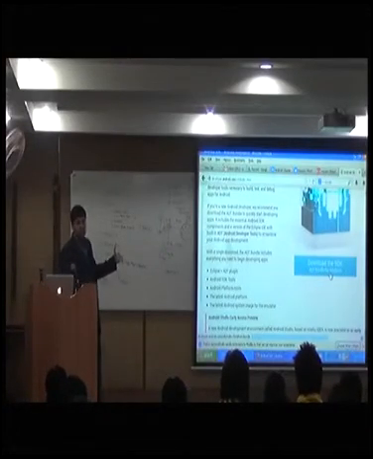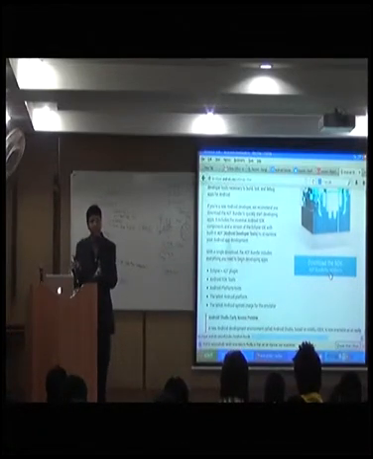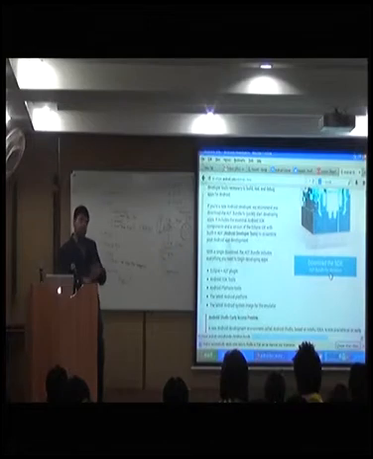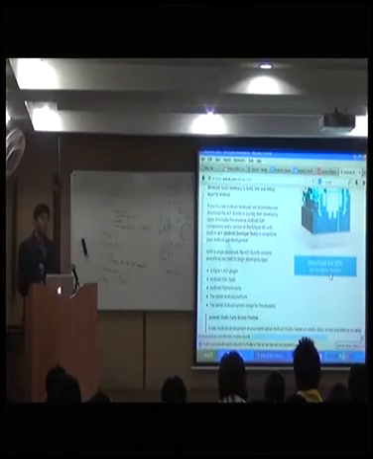I wrote in Notepad. It was very cumbersome, right? In Turbo C++, we have different colors. When I write cout, it comes in a different color. When I write a variable, it comes in a different color. When I write an operator, it comes in a different color. That's an IDE. It helps you to write code better. Eclipse is also an IDE, just like that. It helps you write code. It helps you manage your code and projects better.